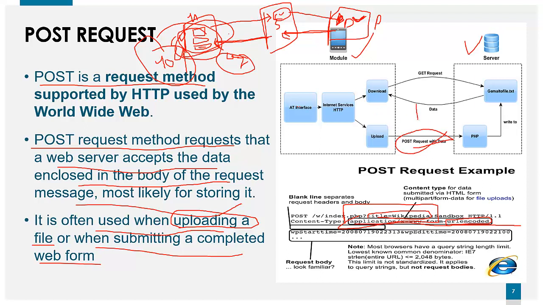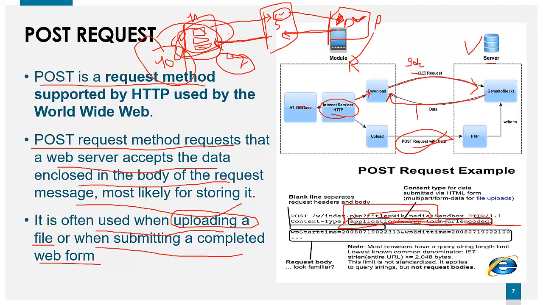So here is our interface, and it is an internal service that helps us to send the HTTP request, that is known as an API. So if we want to download something, it will send a GET request to a server with its ID, a download ID or any unique thing. If that ID is found, it will give us the data. So a GET request is used to read the data, so our file will be downloaded.